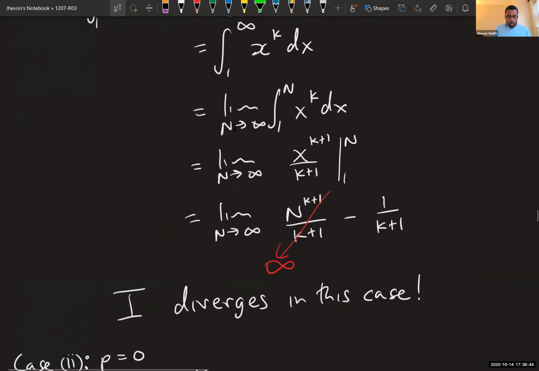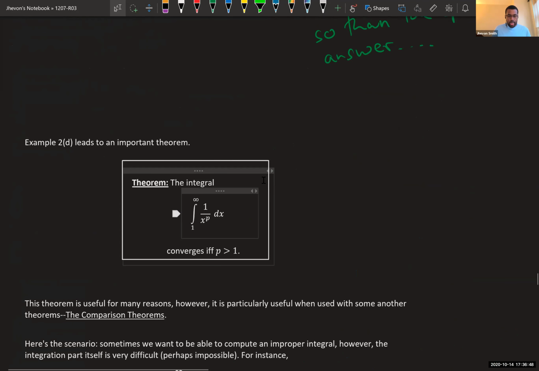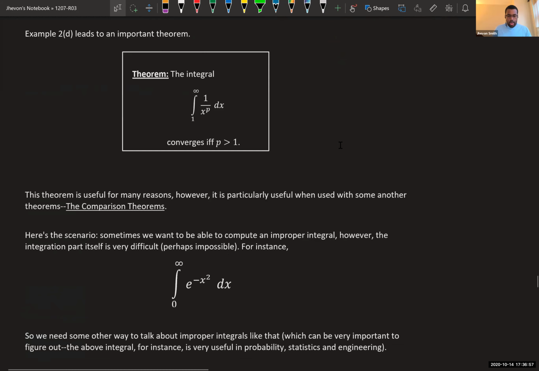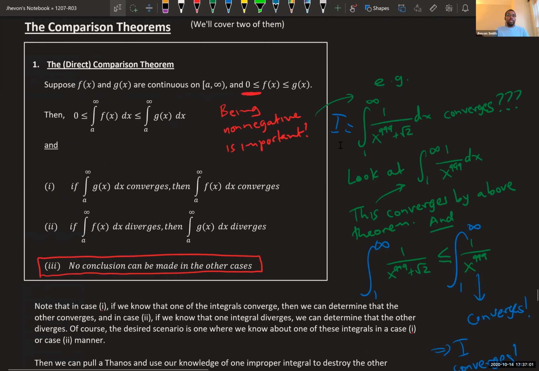We learned about a very important kind of integral, the integral from 1 to infinity of 1 over x to the p dx. We derived the fact that this converges if and only if p is greater than 1. And then we spoke about the comparison theorems, because it turns out that